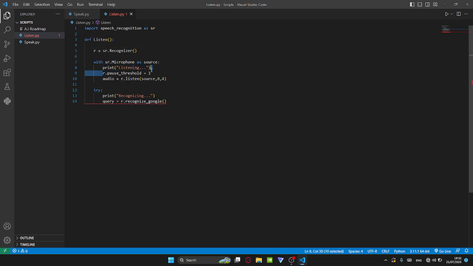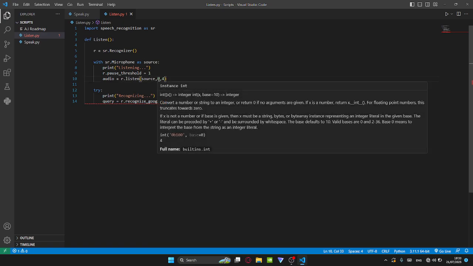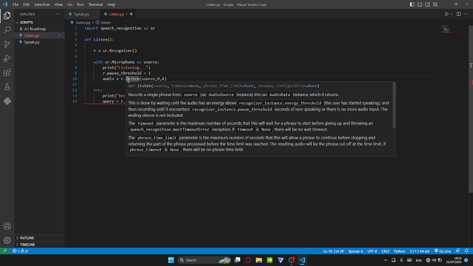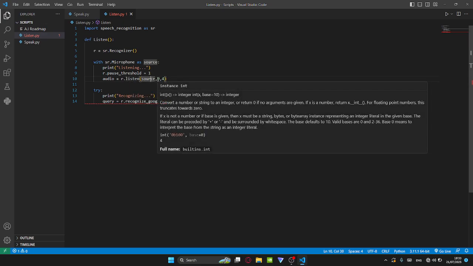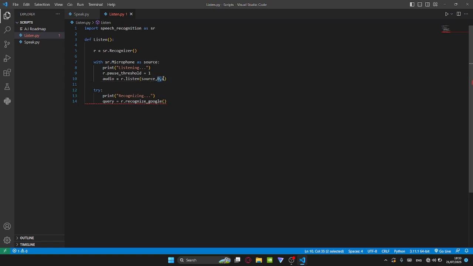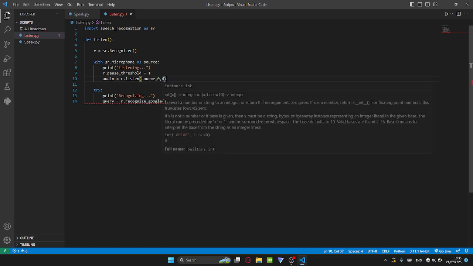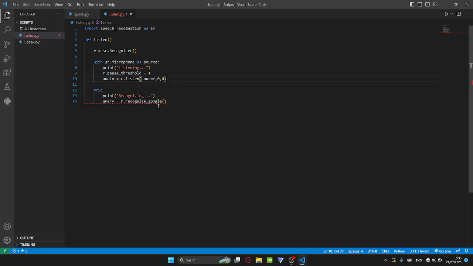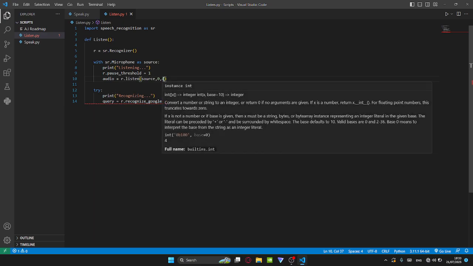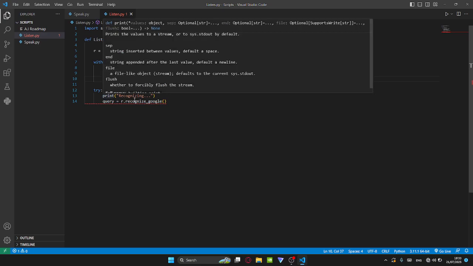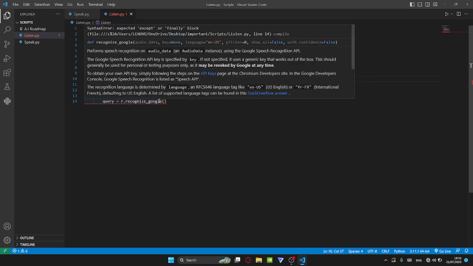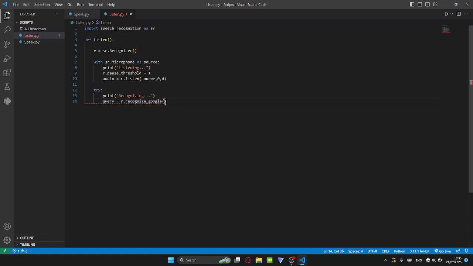And R dot pause threshold will be pausing for 1 second. And then audio is equal to R dot listen source. So this is our source. And this is our timeout, I think. Like after 4 seconds, it's gonna be closed. By closed, I mean let's stop listening. And then try. In try we have print recognizing, query is equal to R dot recognize Google. And then inside of here, we'll be putting audio